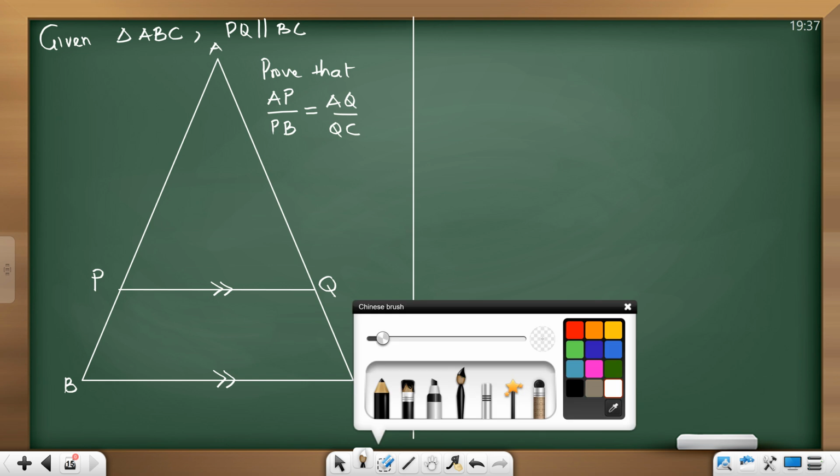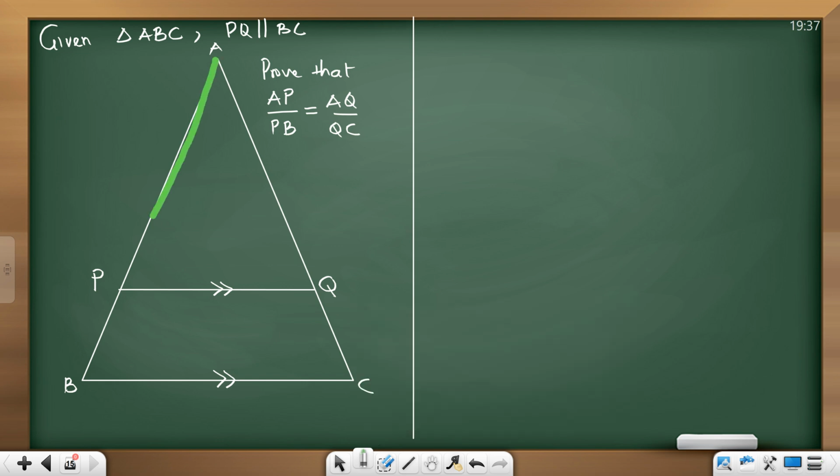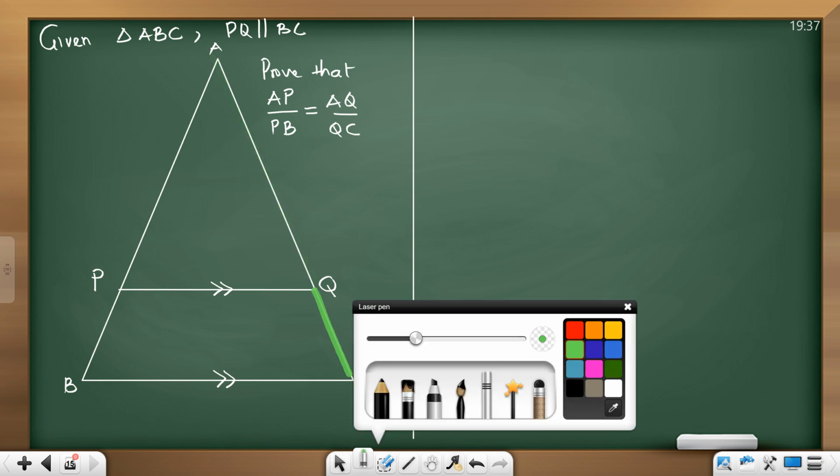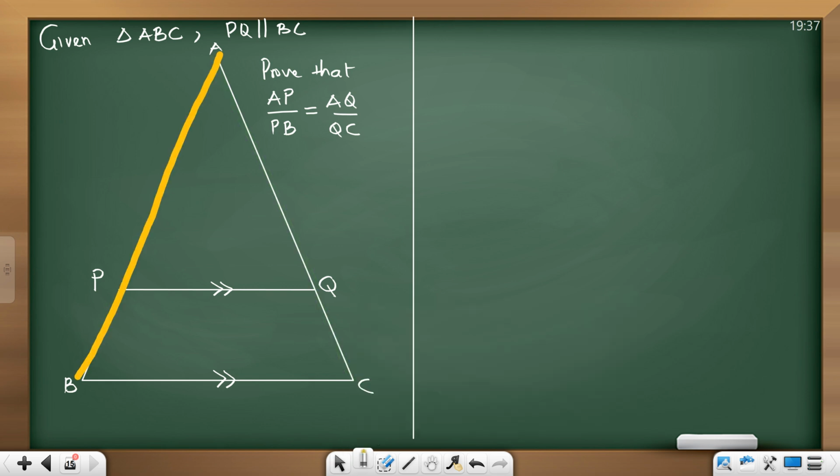AP over PB is equal to AQ over QC. Watch the movement. That's why I said, please don't write, I'm going to be slow. AP, the top part of the triangle, over what? The bottom part of the triangle is equal to what? AQ over what? QC. The examiner can move in any direction. Examiner can do this. Prove that AB